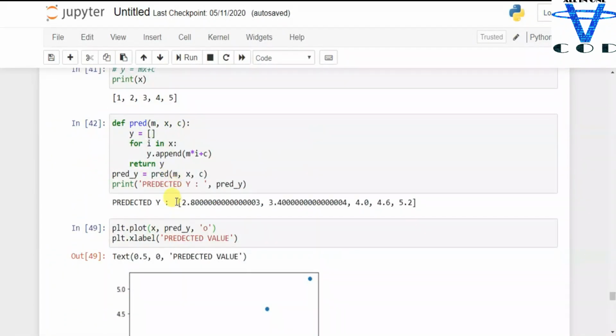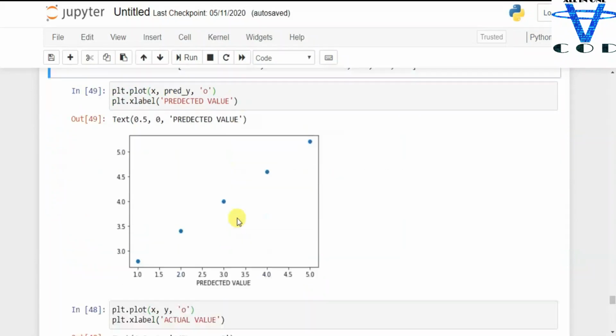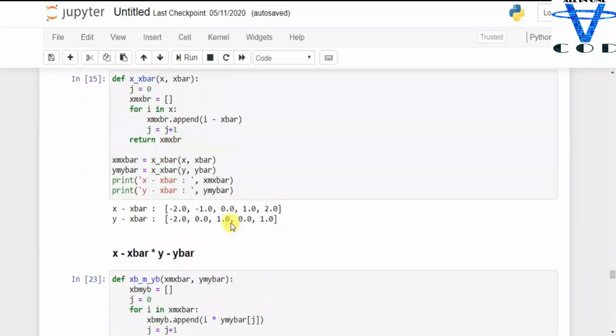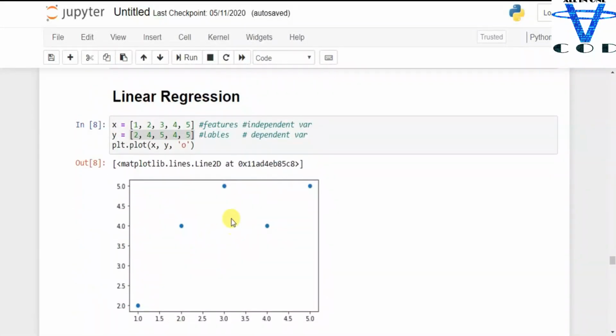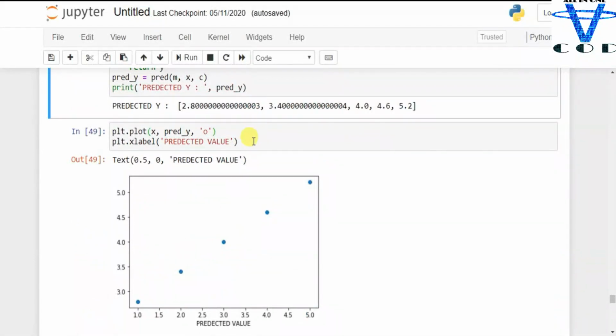So this is the actual linear regression y. Now you can see the y is a straight line, but before y was like this. I don't want this, I want y like this. This is not the actual value, we just predicted the value. So this is our predicted value and this is our actual value.